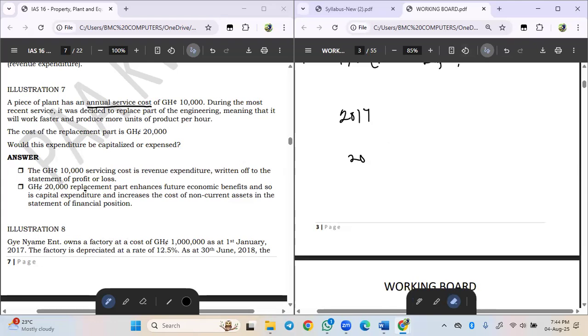Let's read illustration 8. Ginyame Enterprise owns a factory. The cost of the asset was 1 million as at 1st January 2017. The factory is depreciated at a rate of 12.5%. As at 30th June 2018,